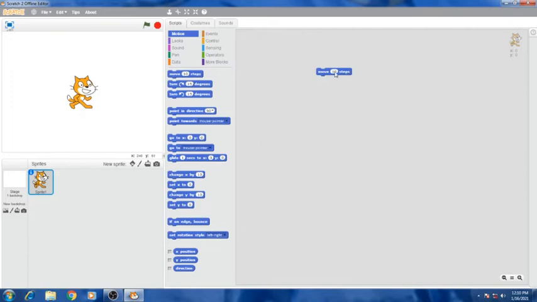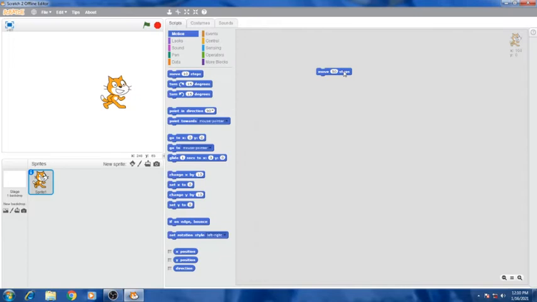Here it's only 10 steps. If you want to increase it, just double click inside this oval shape, and you can type any number of your own. Now it's 50 steps. Then what will happen? If you want to run it, just click it. Simply if you click on the instruction, you can see that action on the stage. The sprite will move 50 steps. See the sprite, I am going to click it. See the sprite moves 10 steps. Again 10 steps. Got it?